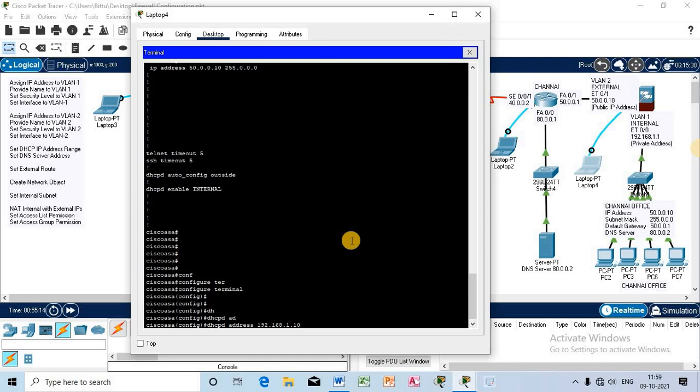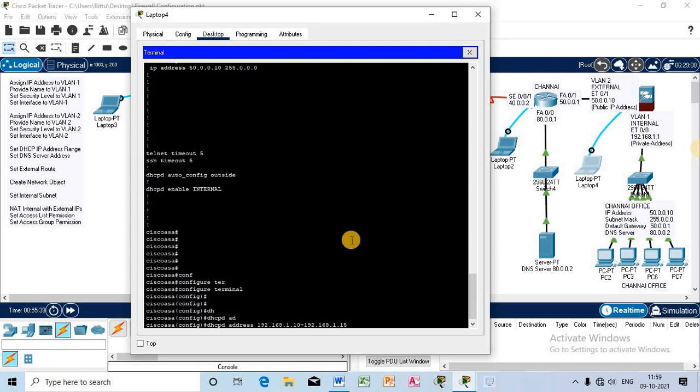Not more than 6. So let me write 192.168.1.15. So 10 to 15. That means 6 computers will obtain an IP address automatically from the hardware firewall DHCP pool.